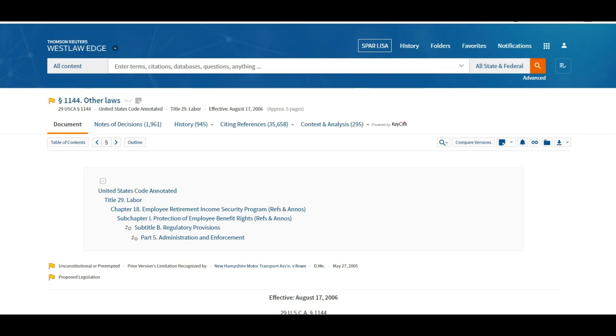So one last feature about the annotated code on Westlaw that I will show you, and that's how to find the popular name table. So there are acts in New York law that you may want to find by name. A lot of times laws are named for particular individuals that inspired the law, like Megan's Law. So if you wanted to find those laws,